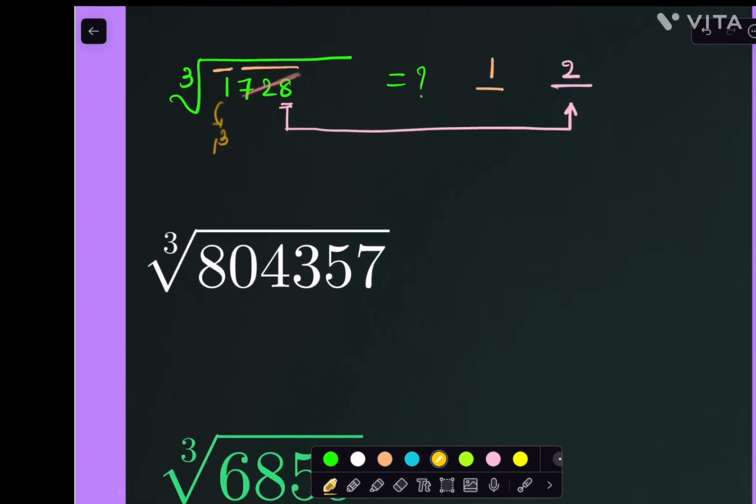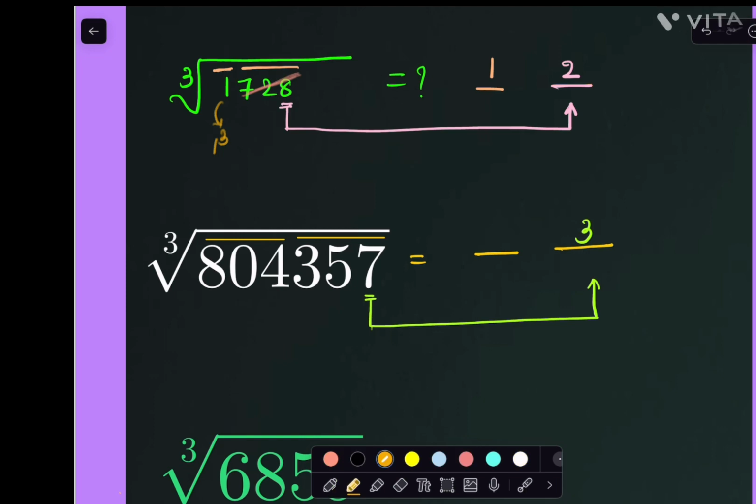And see this one also. Find the cube root of this number, right? So 8,04,357. Mark bars on 3 numbers from right to left, right? Now what will we get? Here it contains 2 bars only. Your answer is what? A 2-digit number, right? Now how to find the unit place of a number? If a number ends in 7 and it is a perfect cube, so its unit place definitely ends with what? Its complement value, 3, we can get it.